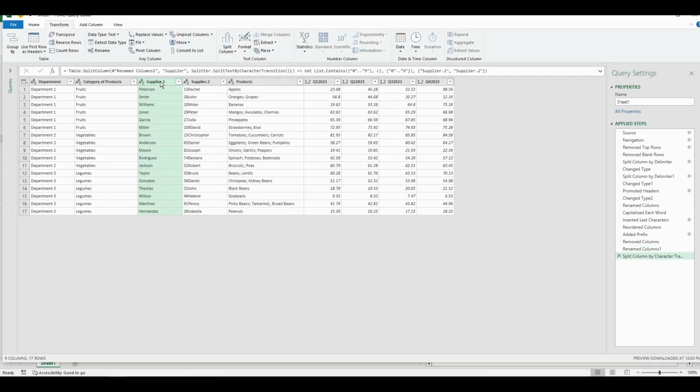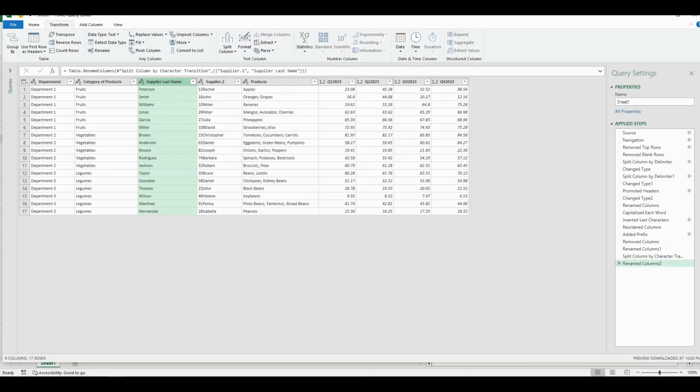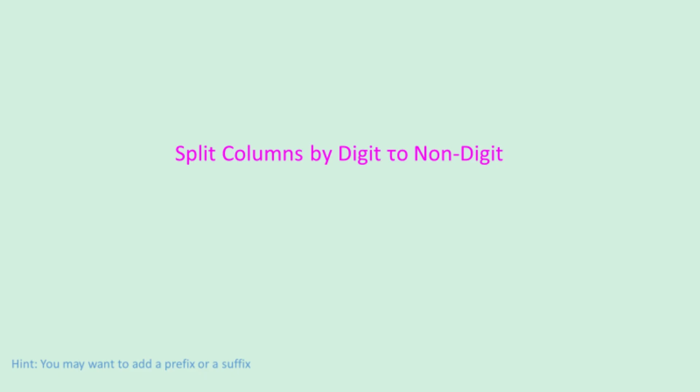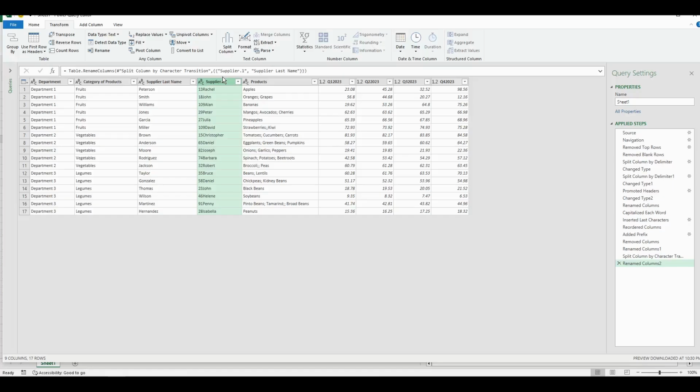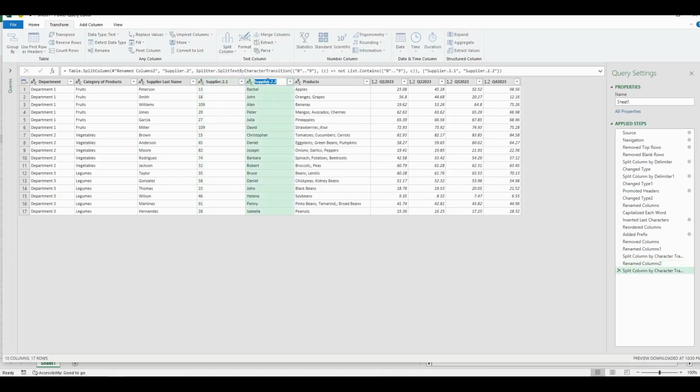And as you can see, we have removed the last name of the supplier. The fifth option is splitting by digits to non-digits. So here we have removed the supplier first name.